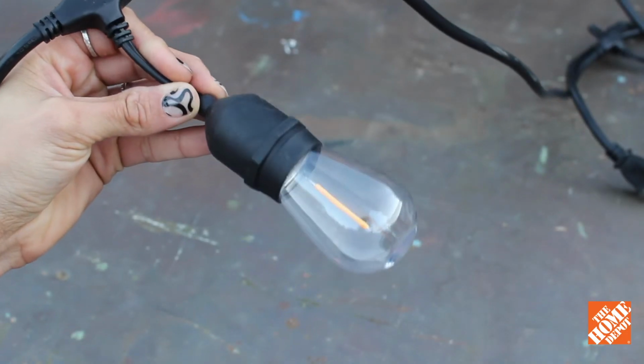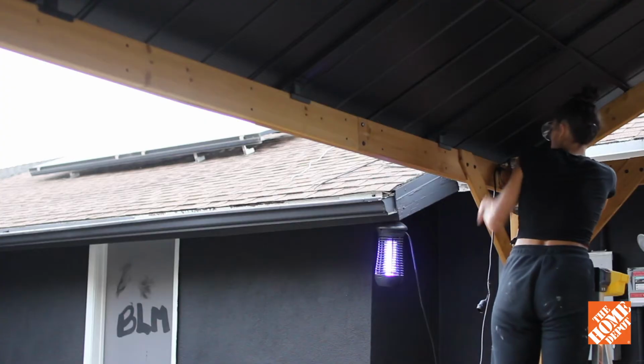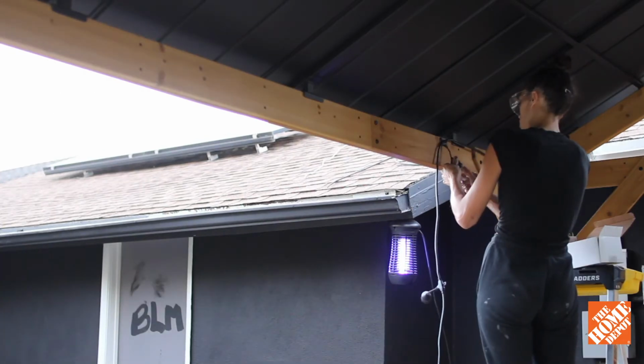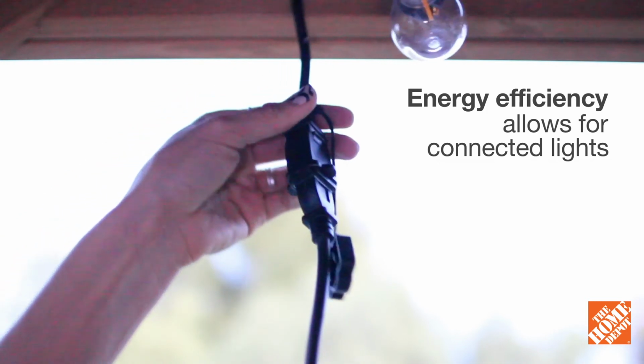The Edison-style bulbs are the perfect accent to any patio, deck, or gazebo. They have long-lasting LEDs that provide 40 lumens of warm, decorative light. This string light's energy-efficient design means that you can link up to 600 feet, for a total of 25 strings,